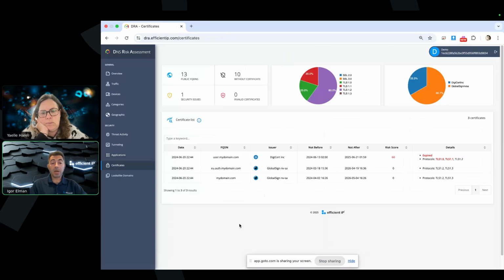Then comes something additional that we do outside of the given data set. This is leveraging our AI capabilities. For each and every engagement, we will run our own scan against public domain and subdomain for a specific customer, analyzing what certificates being used, how everything is configured. On the screen, you see an example of us spotting a subdomain with an expired certificate configured for using an outdated TLS. Again, could be an issue, could be a security issue, or could be just an outage that you should be aware